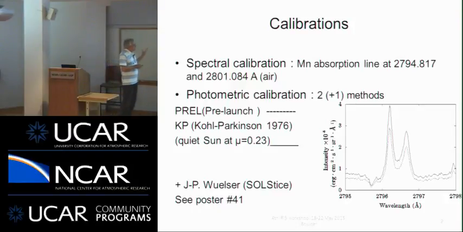At this time, we used our own technique, which is the one that is used by IRIS people. As far as wavelength is concerned, we use the manganese absorption line as a reference. As for photometric calibration, we paid much attention to that because we feel that it is important in order to compare with the results of modeling. So we use two methods, the pre-launch method and what we call the KP method, that relies upon the fact